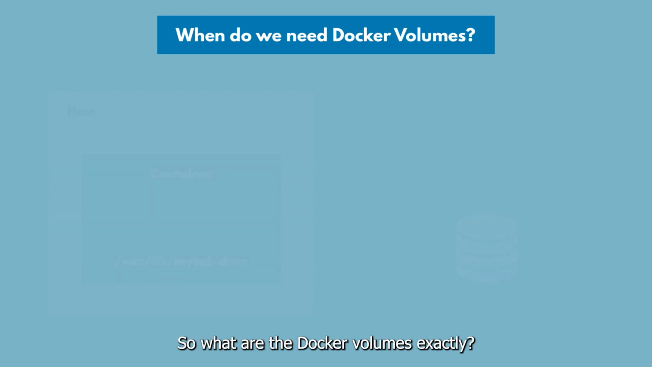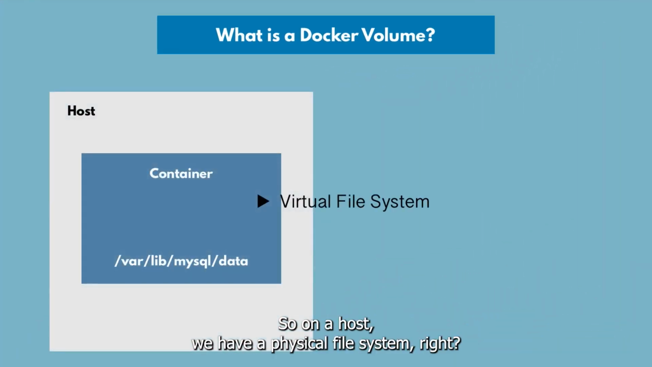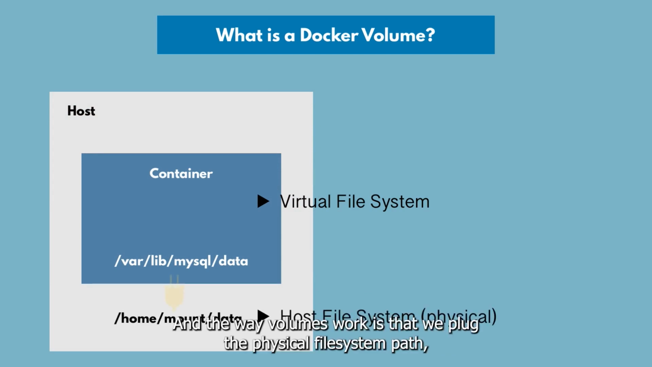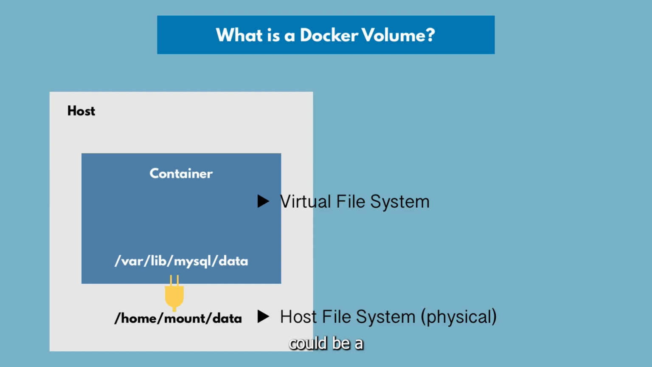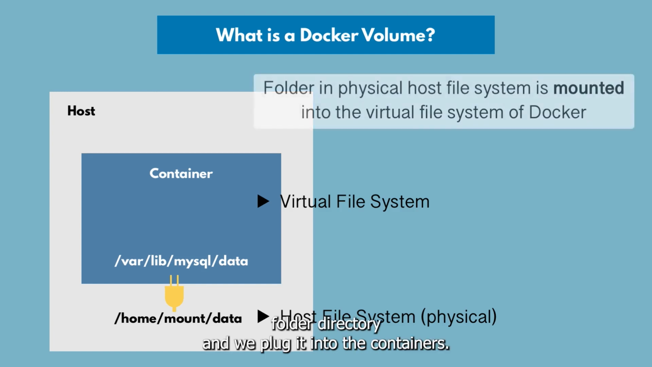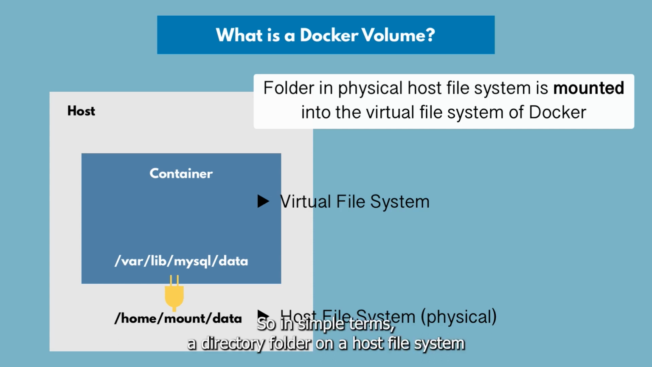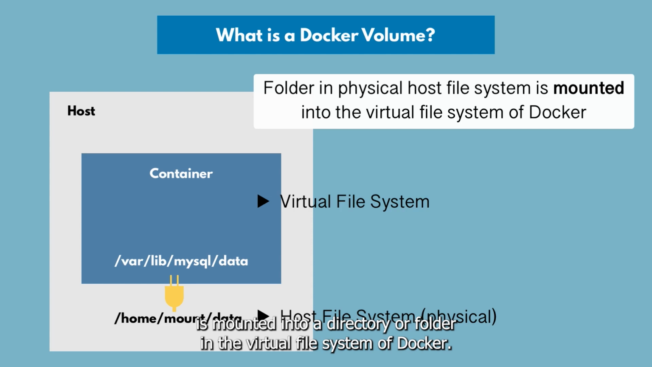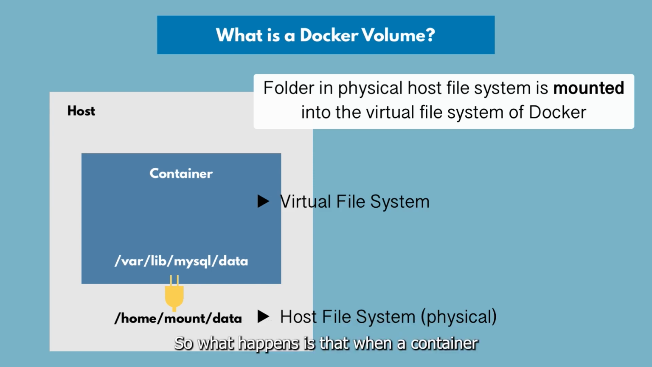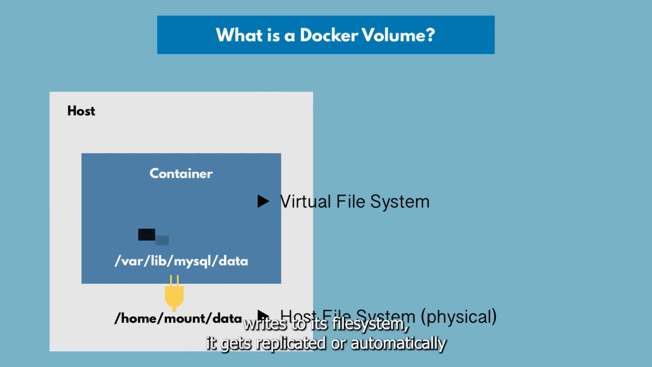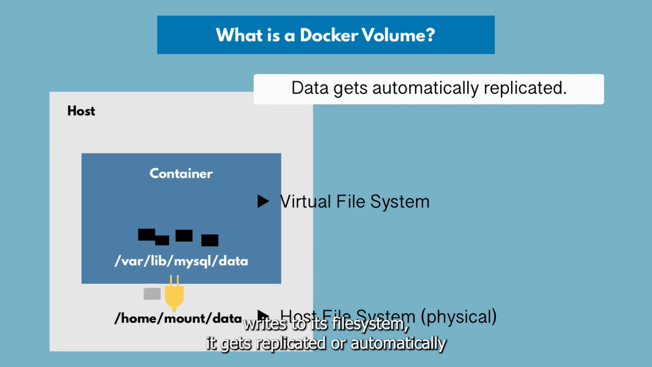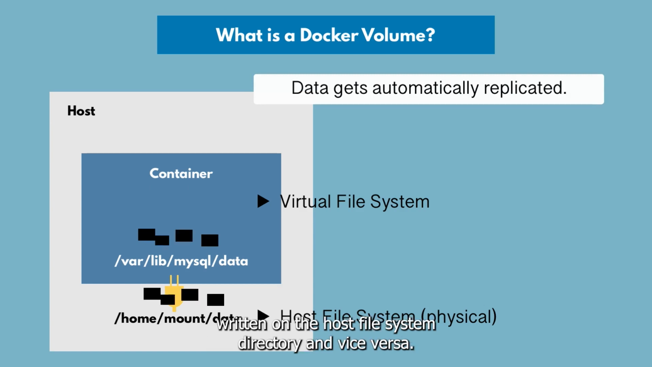So what are Docker volumes exactly? On a host, we have a physical file system, right? And the way volumes work is that we plug the physical file system path, it could be a folder or a directory, into the container's file system path. So in simple terms, a directory or folder on a host file system is mounted into a directory or folder in the virtual file system of Docker. So what happens is that when the container writes to its file system, it gets replicated or automatically written on the host file system directory,